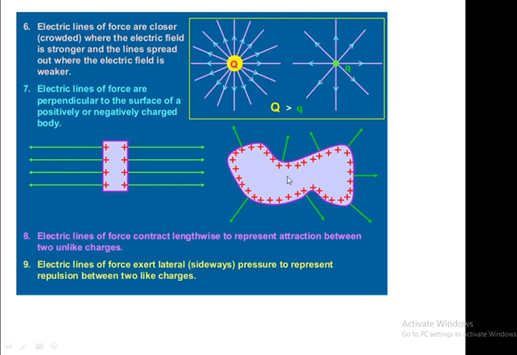It's an important property: electric field lines are perpendicular to the surface of a charged conductor. Ninth property: electric lines of force contract lengthwise to represent attraction between two unlike charges. We discussed this in an earlier slide, when we considered the electric field lines around two unlike charges, plus q and minus